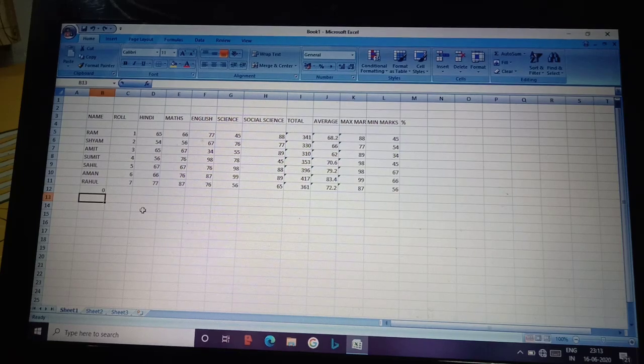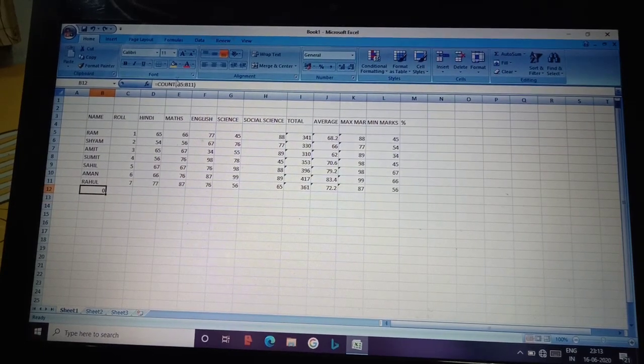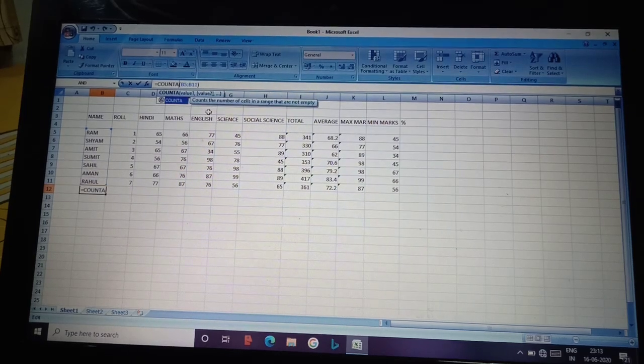Count works on numbers and CountA works on strings. If I want to work on names, I have to use CountA. That's why I have written the function. So we will put A over here. That will become CountA.